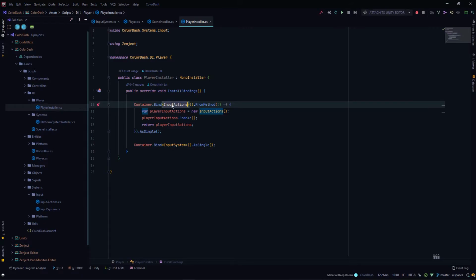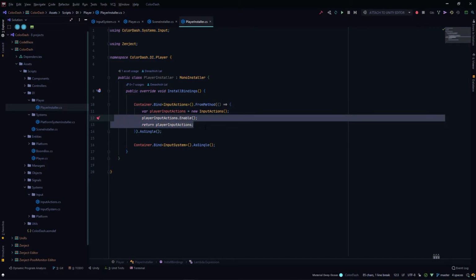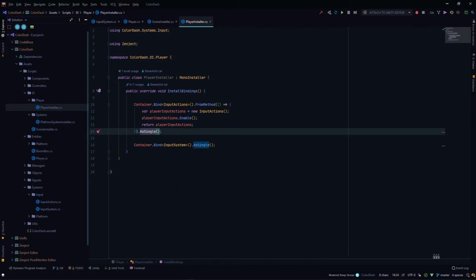The input actions class is generated for me, so I use a FromMethod because I need some initialization on it, especially this Enable function that needs to be called. I bind this as a single, and the input system type also as a single. Now these classes won't be initialized unless I request an object for them. So what happens is in my player class,